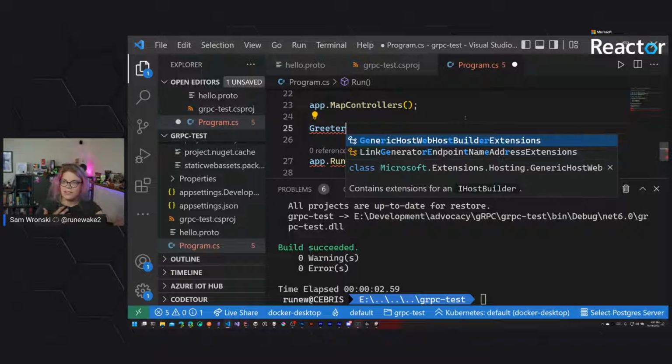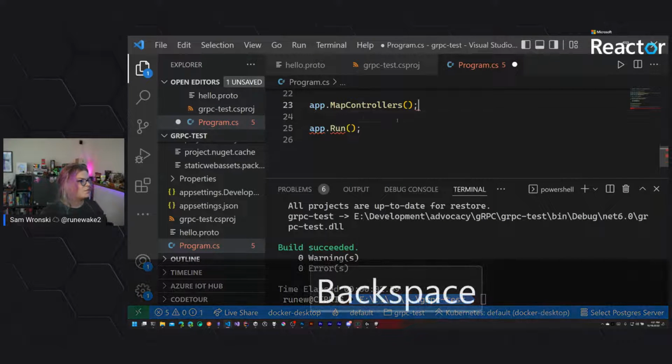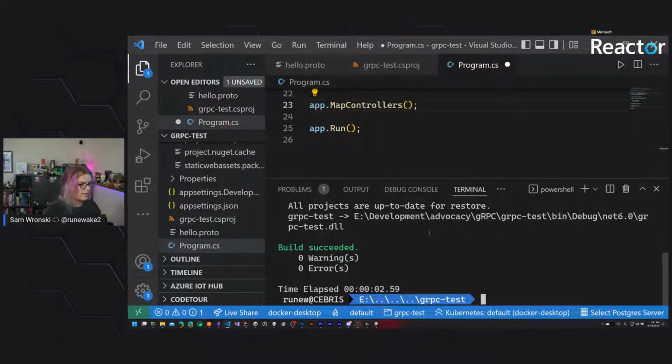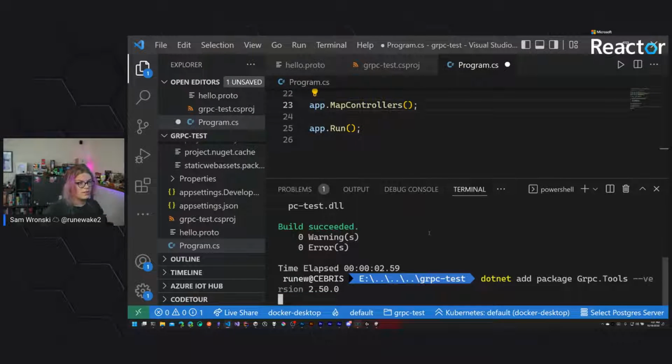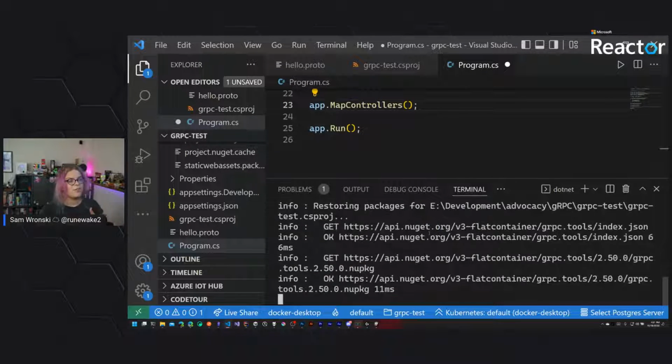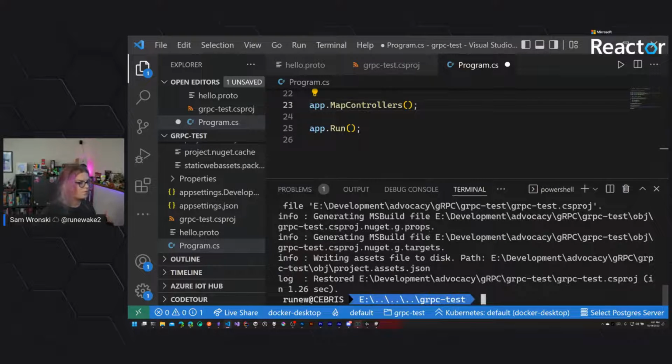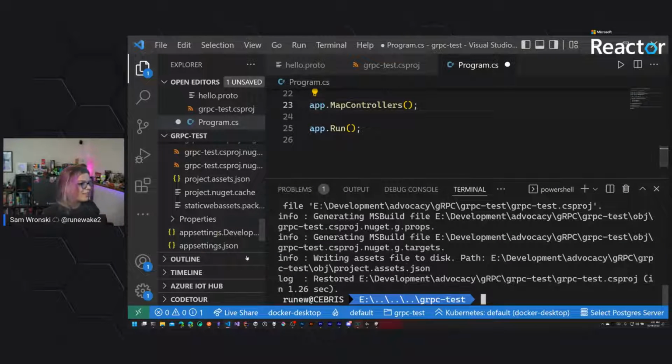There's nothing here because I didn't create anything. So we need to actually make that work. And so I think the way to do that is to add this gRPC tools package, which is actually going to have the stuff to compile this. And so if we pull that in and do our .NET,